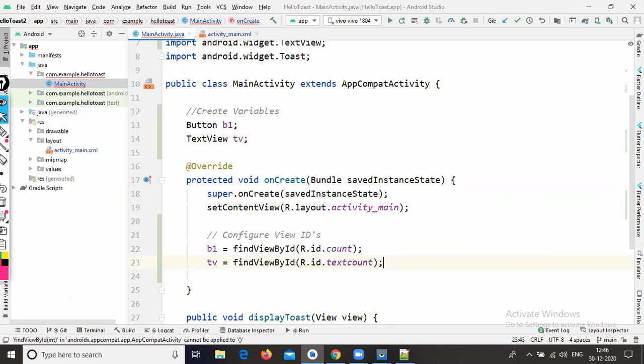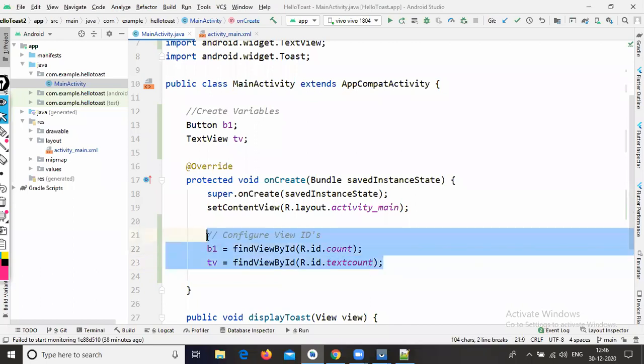I'm creating the test view id as test count, so that's why here I'm configuring the test count. This is the way you need to configure your IDs.